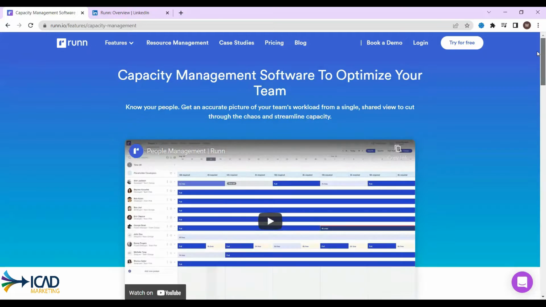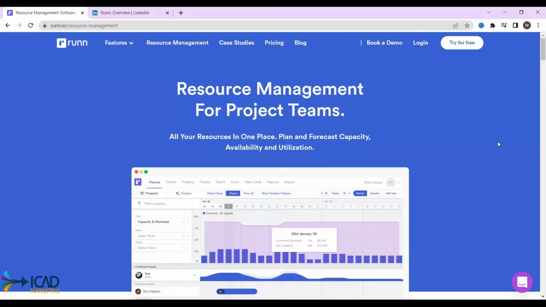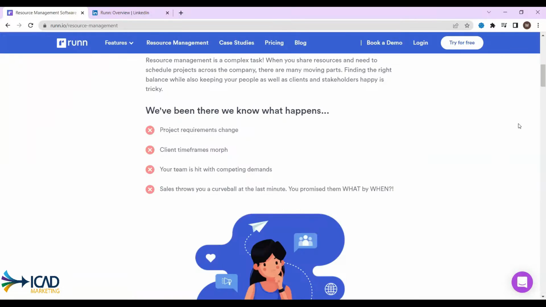I really love this. I don't think I've ever come across many, I'm not going to say there isn't anyone else, but I don't think there's many that I've come across that actually show different use cases for each product feature. So I like that. Resource management.